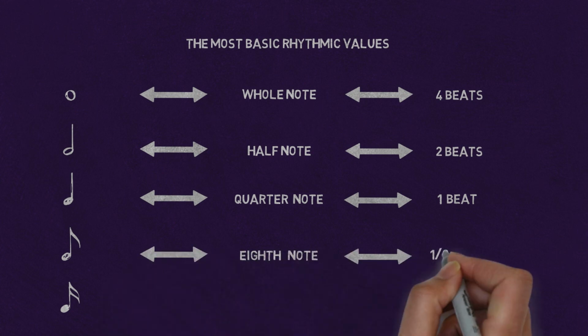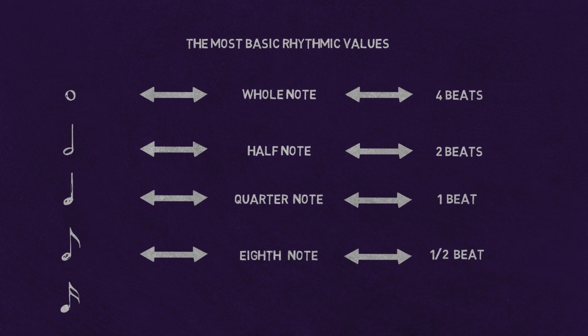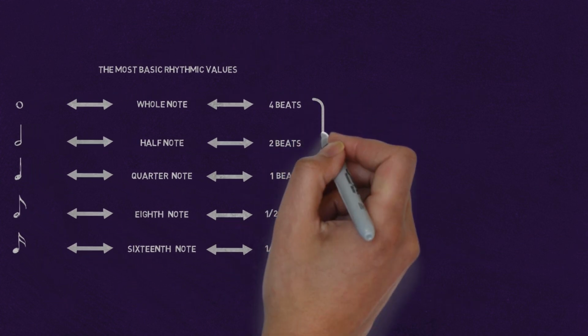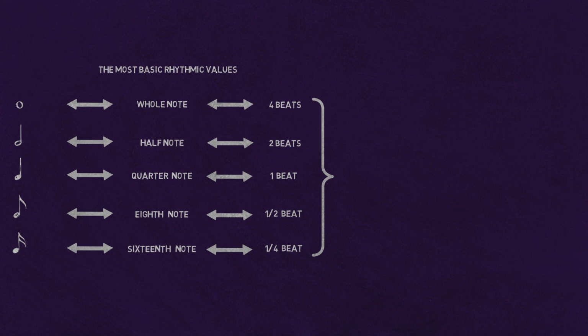Eighth notes last for half a beat, and are represented by a filled-in circle with a stem and a flag. 16th notes last for a quarter of a beat, and are represented by a filled-in circle with a stem and 2 flags. These rhythmic values can be combined and grouped in different ways to create complex rhythms, and they can